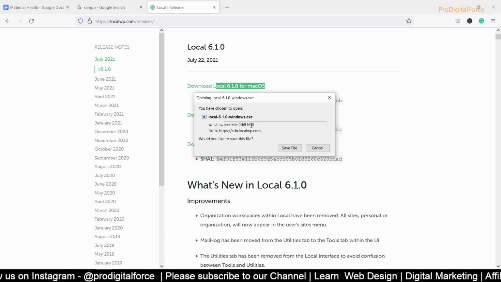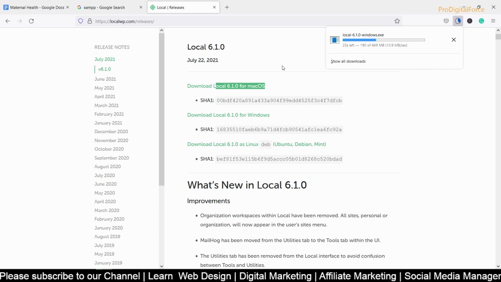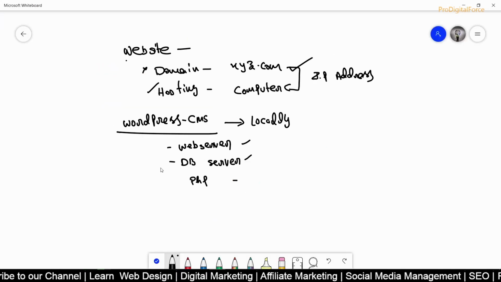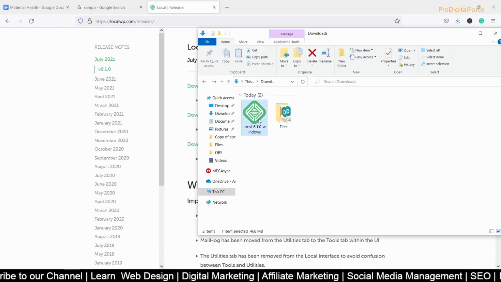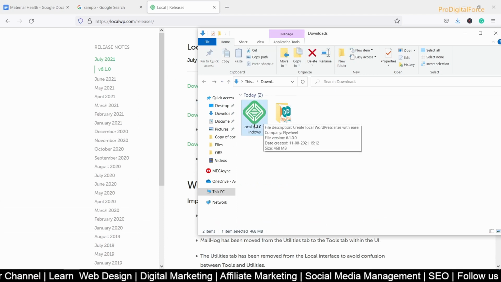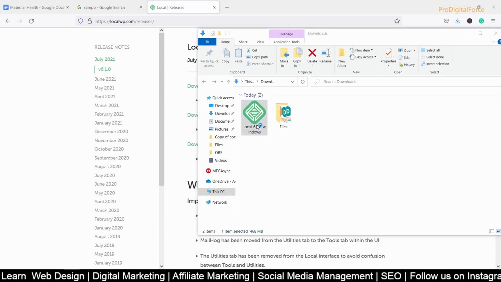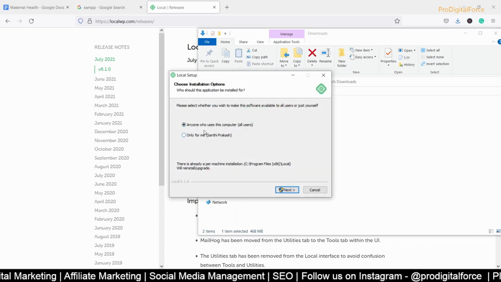The first time you download it, it is around 500 MB. So you are able to understand what we're doing: we're downloading a software which will manage all these activities. Your web server, your database server, all the dependencies it will take. Once I download this, 6.1.0, it is simple. I think you might have experienced already how to install a software. I just have to double click on it. Now it will install all the software.